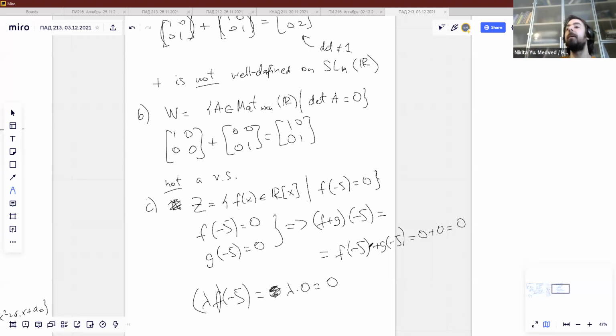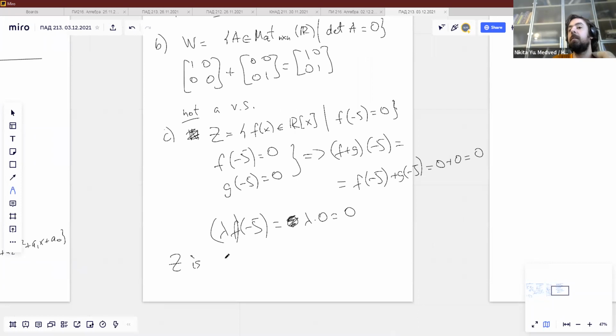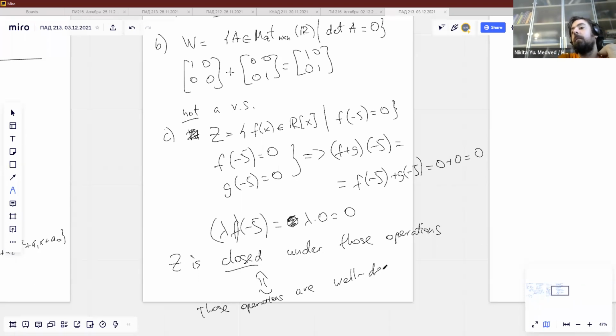So this set is closed under those two operations. Those two operations are well defined. So Z is closed under those operations, or in other terms, the same thing in different words, those operations are well defined